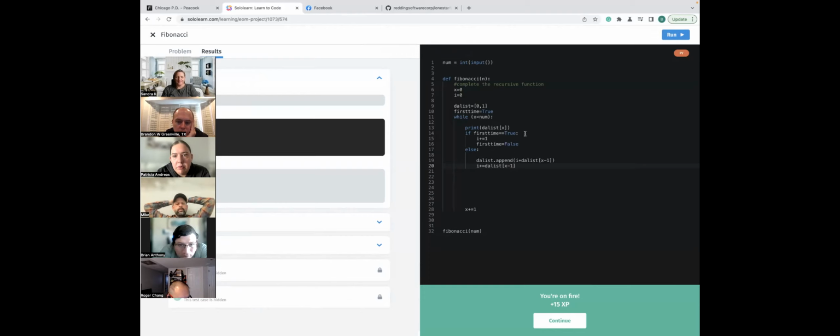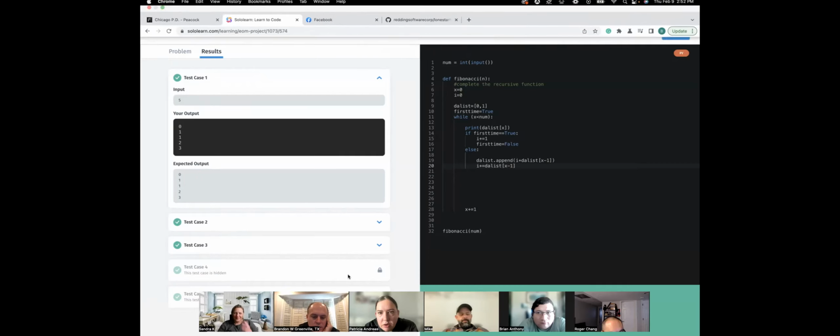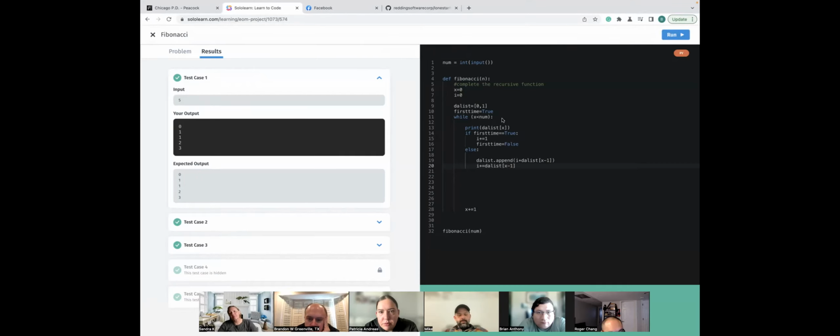I did a while loop with X, and X just plus equals 1 while it's less than the number that they input. And then I just have it print